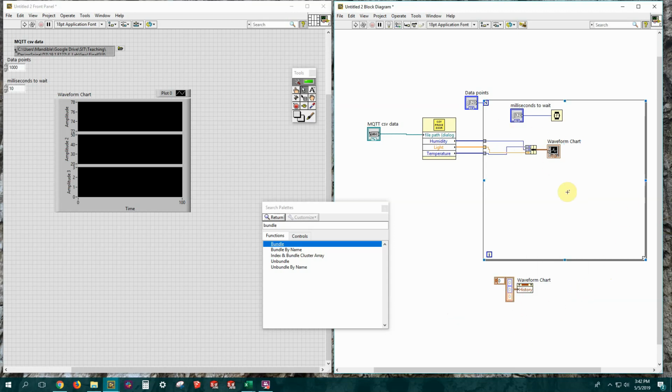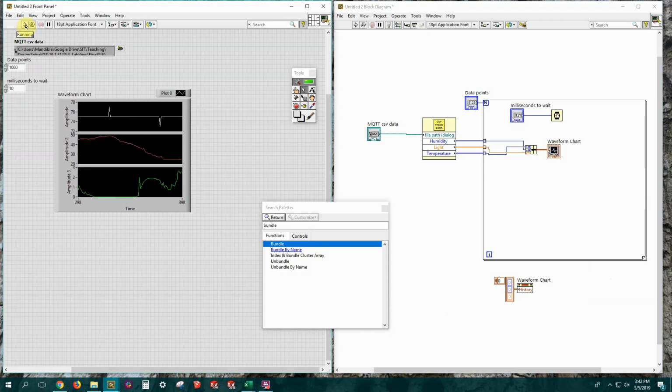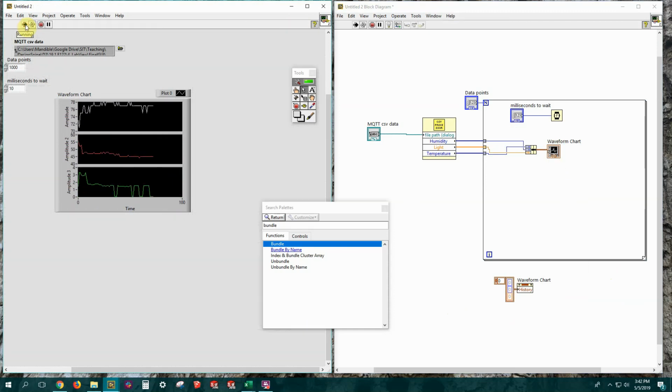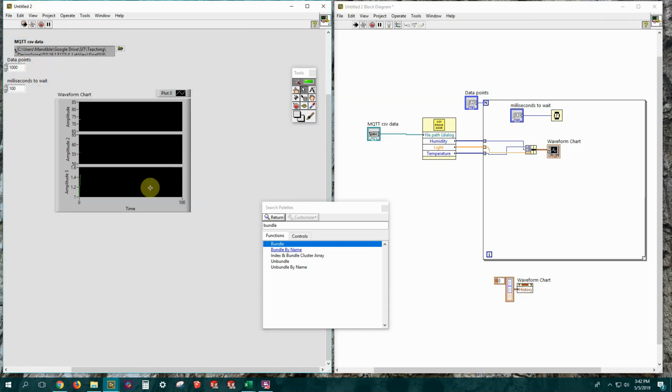So what's going to happen now is every time I start the chart, it's going to zero the chart out before the data comes in. So let me just run this again quickly. And now if I run it again, it clears it out and starts it again. So that's a nice way of doing that. I think it's important that you start from 0 with your charts,